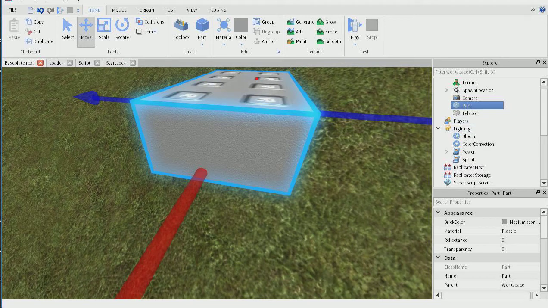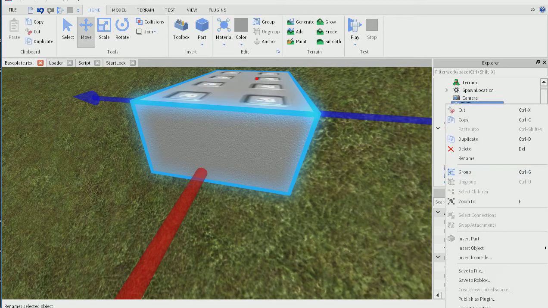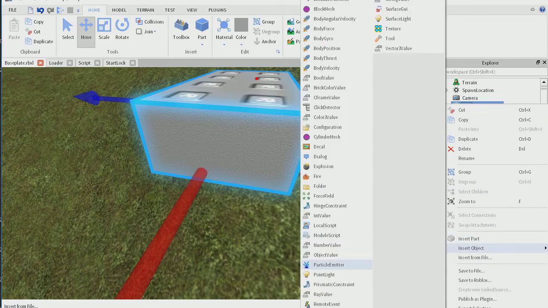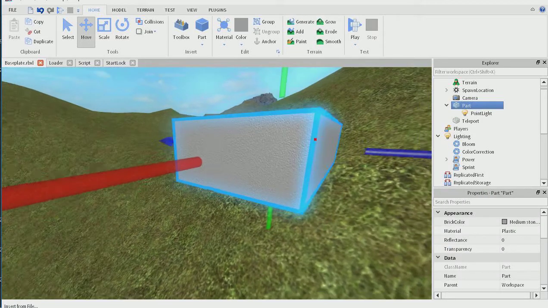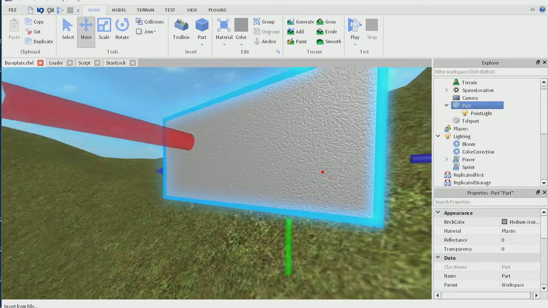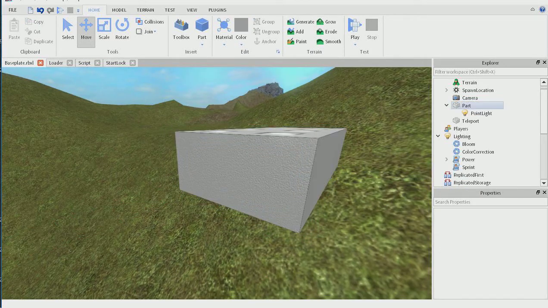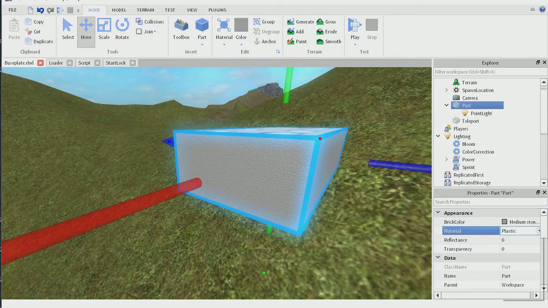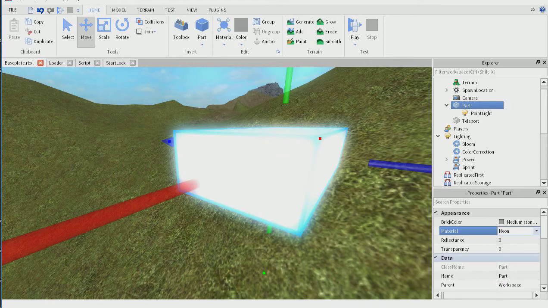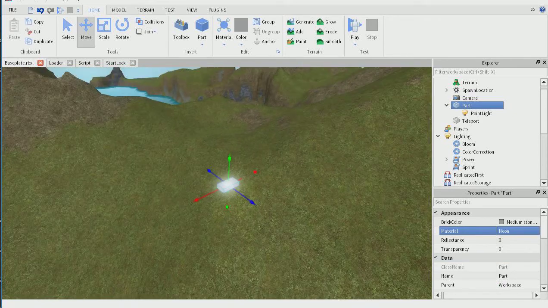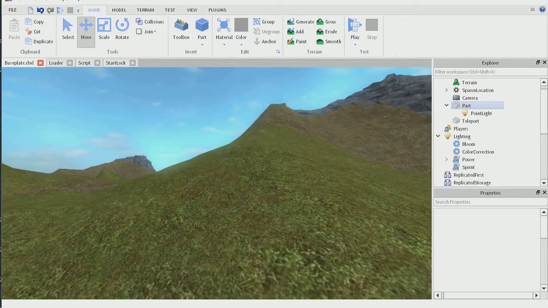If we insert, I don't know why I'm doing this for the tutorial. Shouldn't have gone this long. Sorry, but let's go point light. As you see, things are going to tend to. Oh no! Don't do a point light. Just change the material of it to neon, where is it? There it is, neon. As you see, now things look like that, and we can really use that to make games